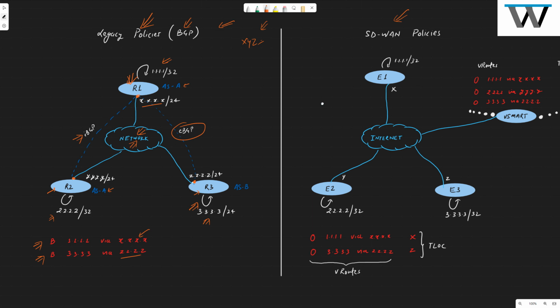Because R1 is advertising this route, but R2 is receiving it via this interface right here. It's strange, right? It is not, guys. If you understand BGP, it is not going to be a problem. But if you do not, let's try to understand what I'm saying. In eBGP, when you advertise this route from R3 to R1, in the R1 routing table you will see that 3.3.3.3 is learned via